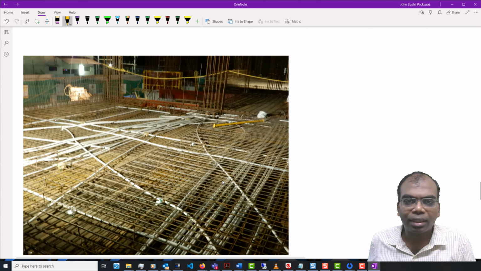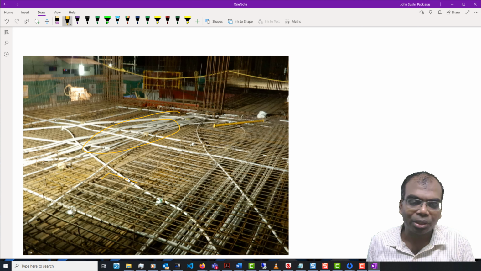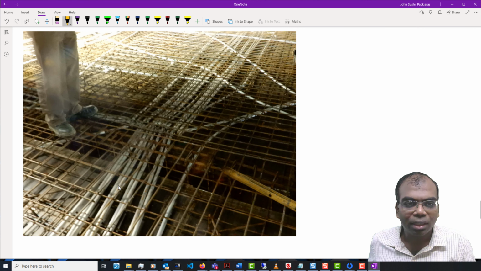Moving on, here there is another photograph where I wanted to showcase the way the electrical conduits are usually laid. One of the things is it looks like a central railway station's coaching yard. So this kind of work is actually not really correct. You should always keep it at right angles so that you know where the cables are running.